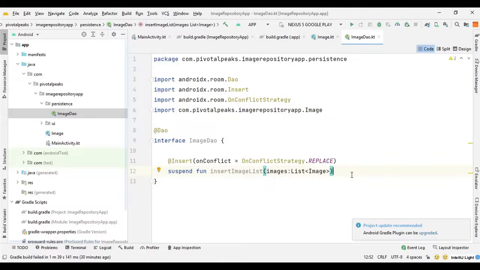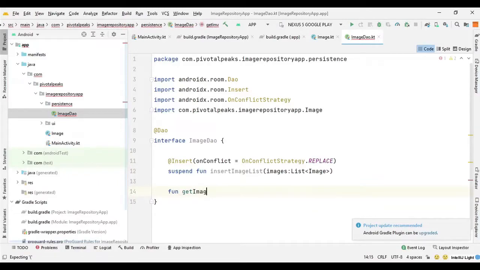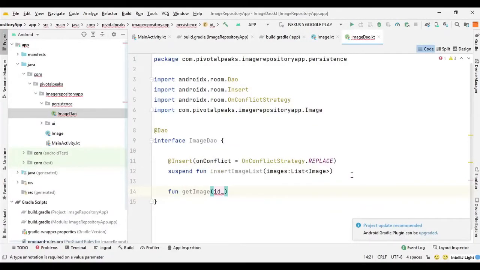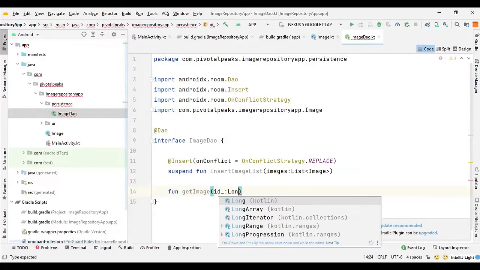Now we need a function to fetch a single image. So we can say fun getImage, and here we need to provide an ID because every image has a primary key. So we can say id colon, which is going to be of type Long.